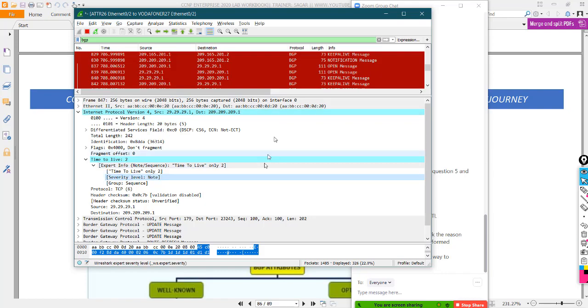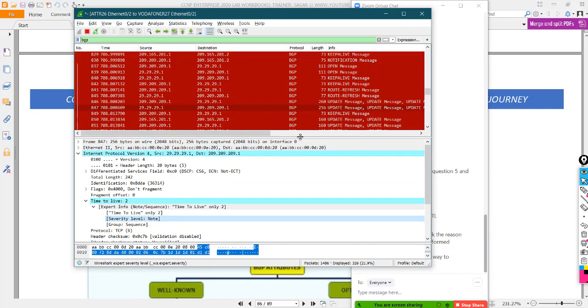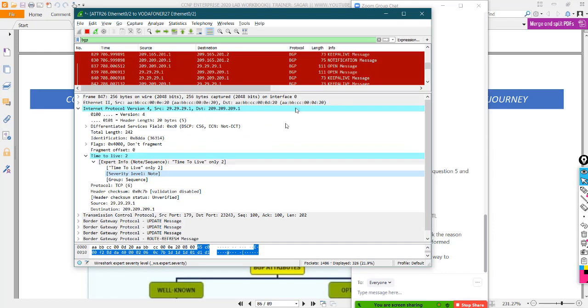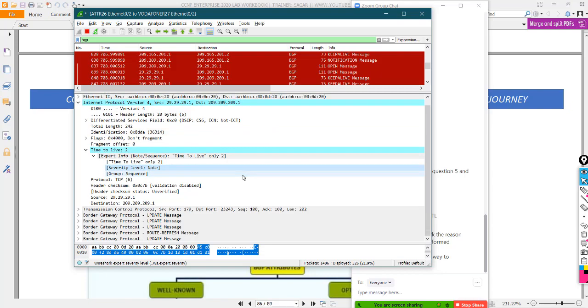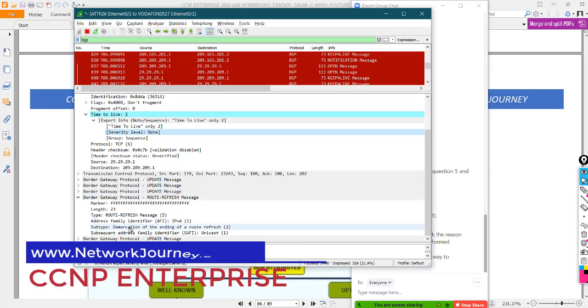So any change in the network, there will be an update packet sent for refreshing the network. If you see here, they are going to carry a lot of update packets. So let's see what is within route refresh.